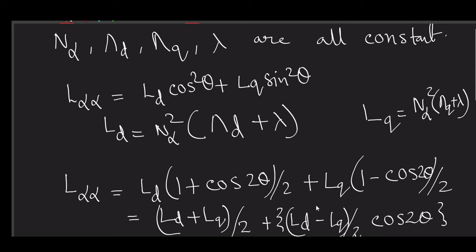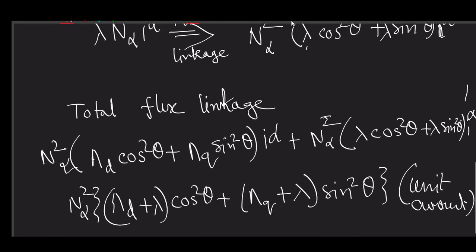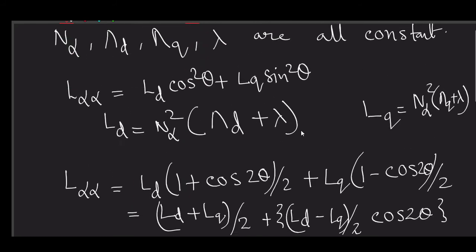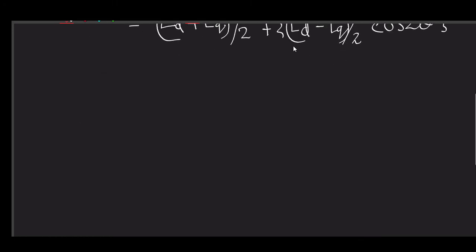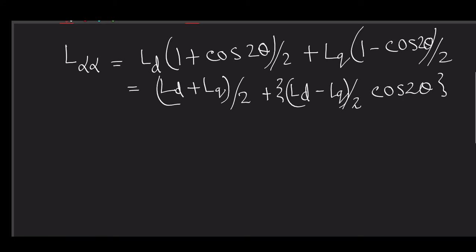The critical factors are these two permeances. Had we considered these two permeances equal, this factor would be equal to 0, which is the case of our cylindrical rotor machine, right? Now